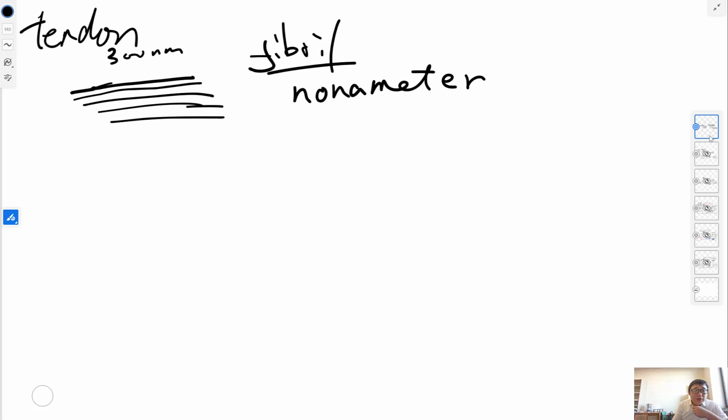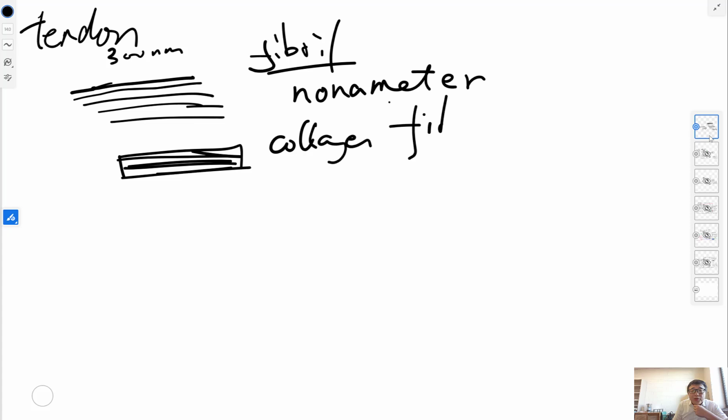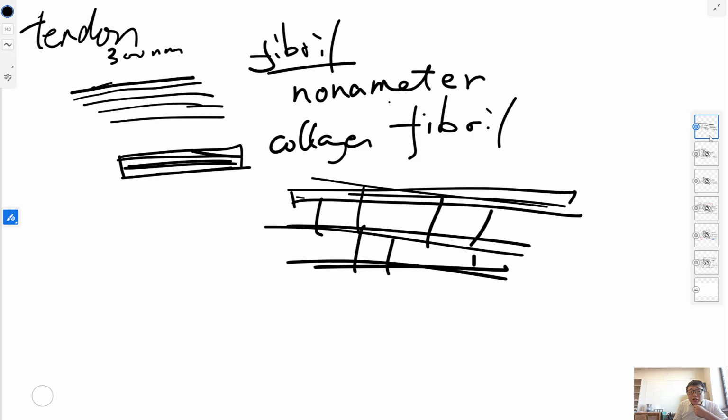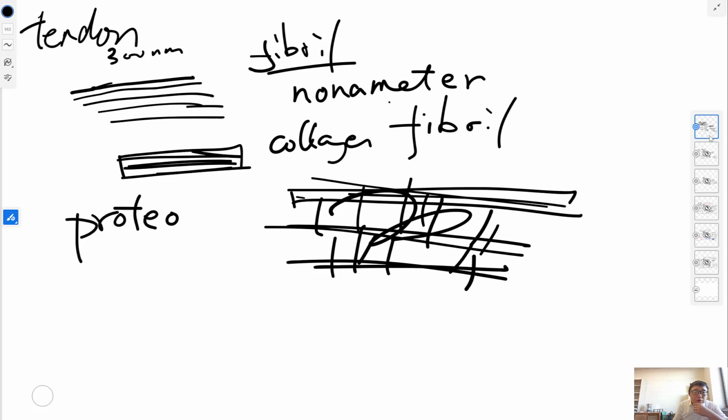So in the tendon, the collagen automatically forms what is called a collagen fibril. Not one collagen fibril actually, it should be more something like this. Long. And then there's another one, and then there's another one. They are interconnected together by proteoglycan,